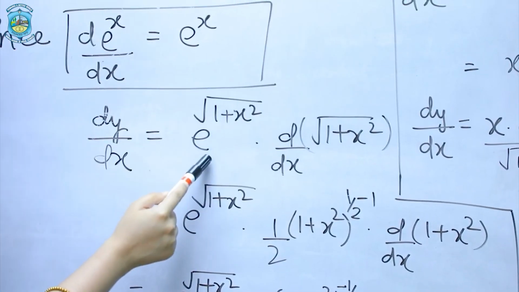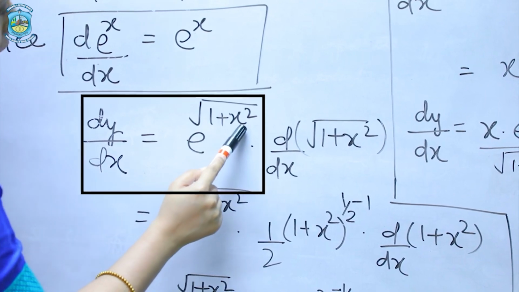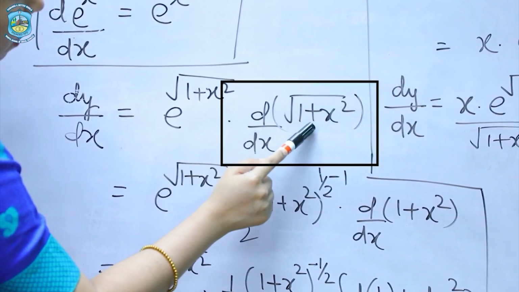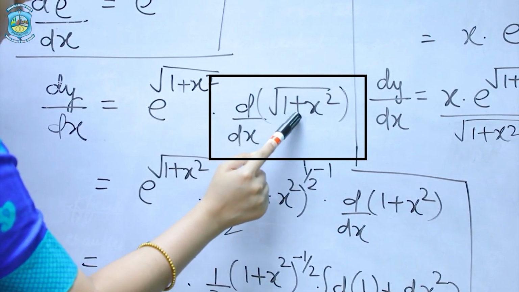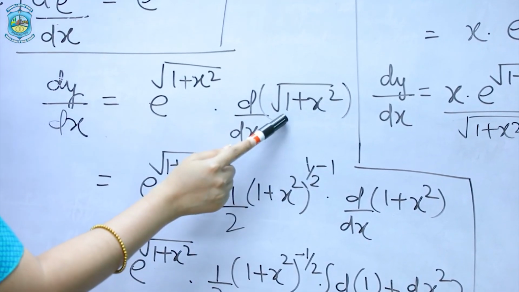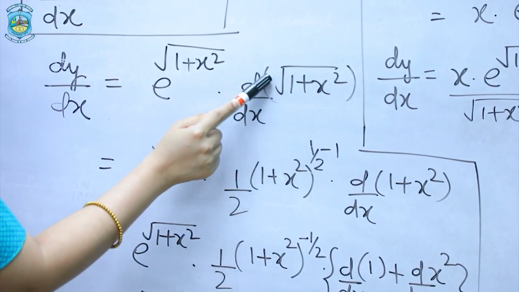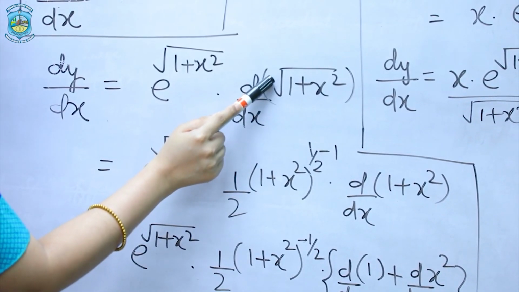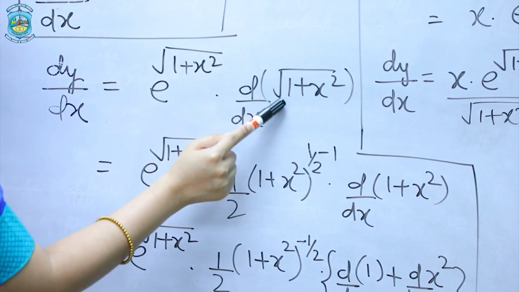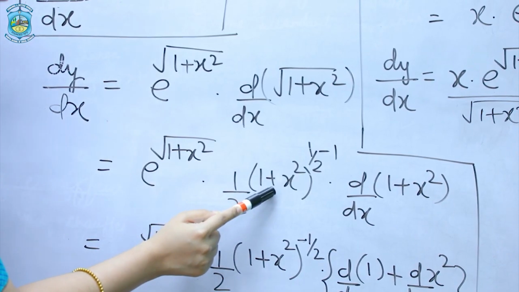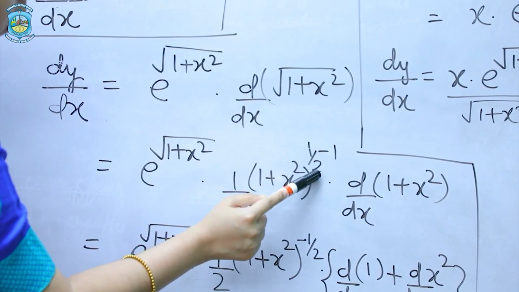Applying the same formula, we will get e raised to the power square root of 1 plus x square, multiplied by the chain rule of the power, that is d by dx of square root of 1 plus x square. Now using the formula of d by dx of x raised to the power n, here the value of n is 1 by 2, as this is a square root. So the result will be 1 by 2 into 1 plus x square raised to the power 1 by 2